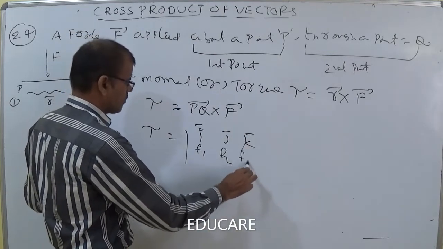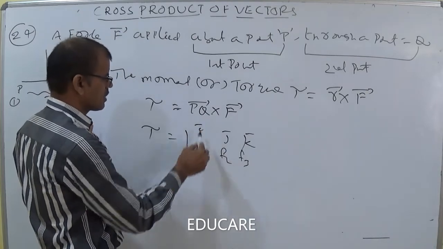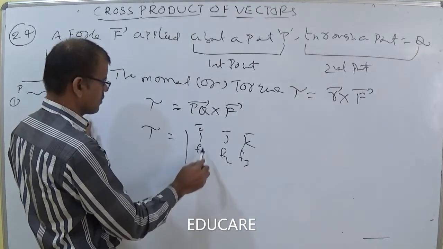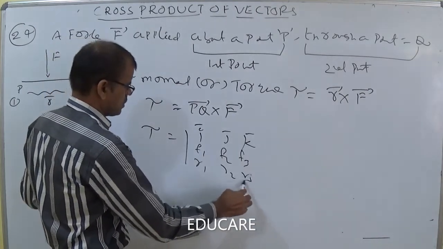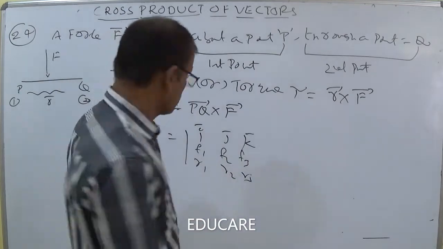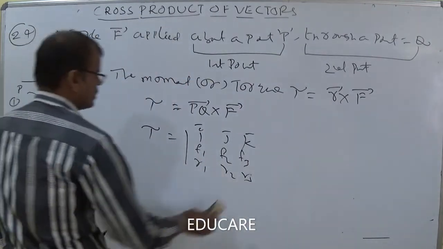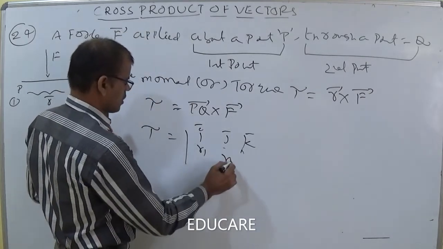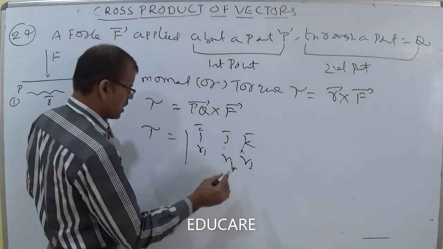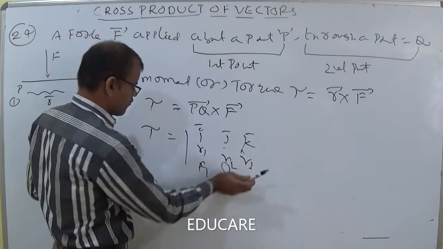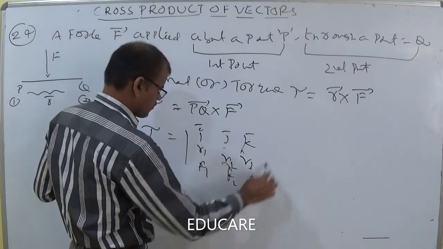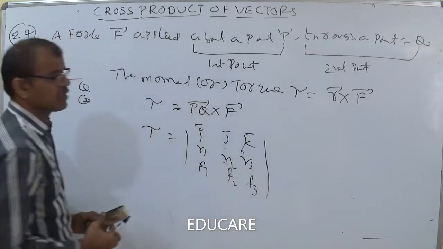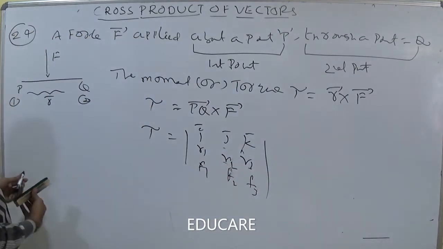the letters F1, F2, F3, and this is indicated with any letters, A1, B1, C1 or anything, R cross F. So R1, R2, R3 you take it. No, first R cross F1. First of all you should take only this letter. First R cross F, later force. First you write PQ here, R1, R2, R3, and F is F1, F2, F3. This is torque tau. Torque tau can be calculated using R cross F.